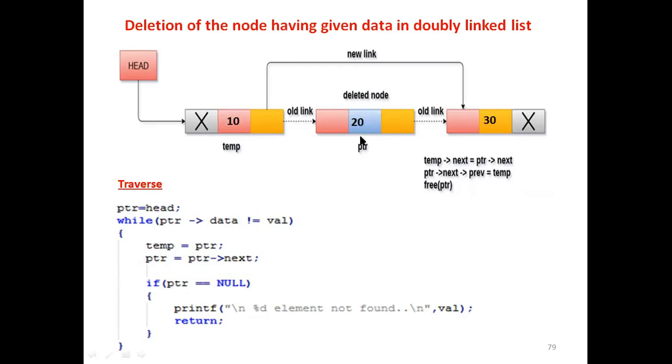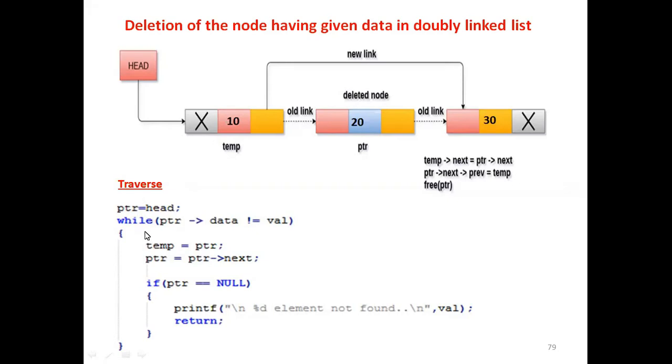Okay. So first of all, we have to traverse the list, and we have to move the pointer PTR to point to the node where the data value is matching, and then this temp pointer needs to be brought to one node before that node. Before that particular node, you have to move this temp pointer. So how to do that? You see here, that is done. First, PTR equals head is assigned because we'll start from the first node, and the first node's address is present in head. So PTR equals head is done.